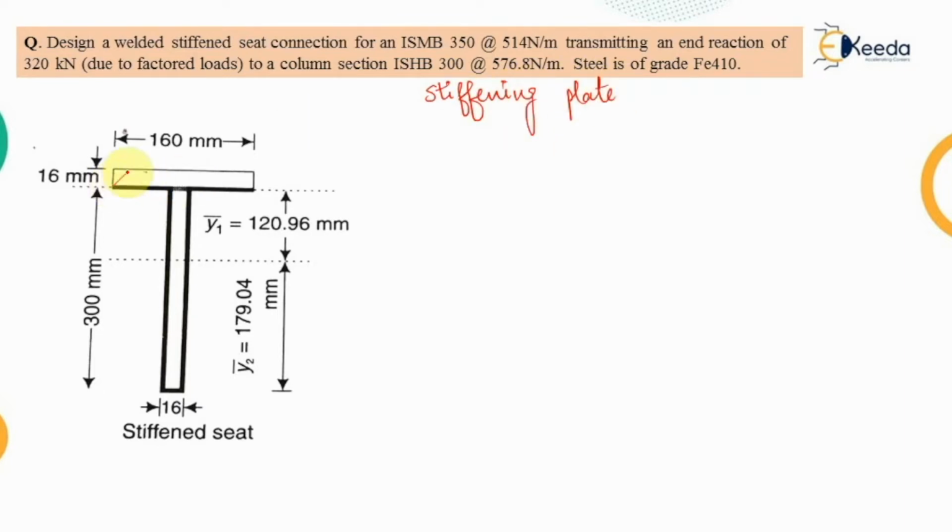this is the seat plate that we have chosen, of 160 by 16 millimeter, that is this value, when we are seeing from the right side. If this was the connection, and here we are providing the seat, and this is the stiffening plate, and we are looking in this direction, then we will be getting this picture, that is the full width of the seat plate and the thickness, while the length of the seat plate is into the paper. This is 180 millimeter that we have chosen, that is required for the bearing.